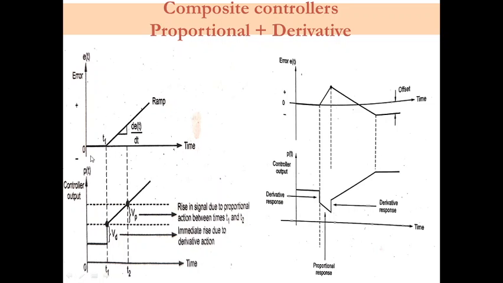At t equals t1, the derivative mode causes a step Vd at t1, and the proportional mode causes a rise of Vp equal to Vd at t2. That is, at t equals t1, this is the derivative portion and this is the proportional portion. This is for the direct action of the PD controller. So as you can see in the next figure, it shows the behavior of the same controller, that is the PD controller, for arbitrary load changes for the reverse action.